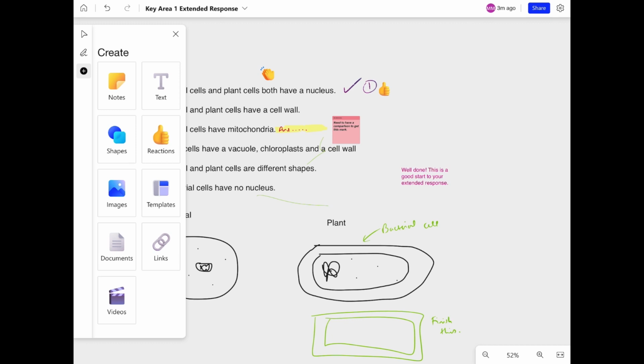So I can also add things like images. If there's something that I particularly think, right, there's a good little picture that might help them with this bit of their essay for their feedback, I might tap the images button and then either take a photo or choose a file from my library or a photo library that's on my iPad. The other thing I can do, I'm going to skip templates for now, I can add in documents and links